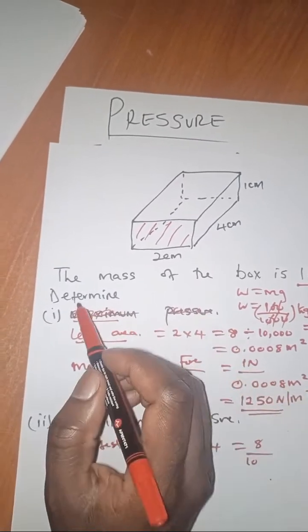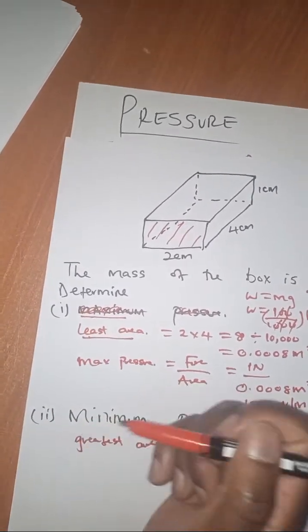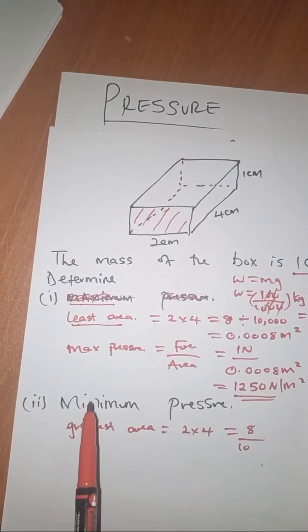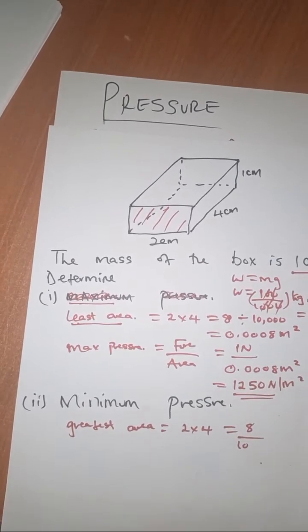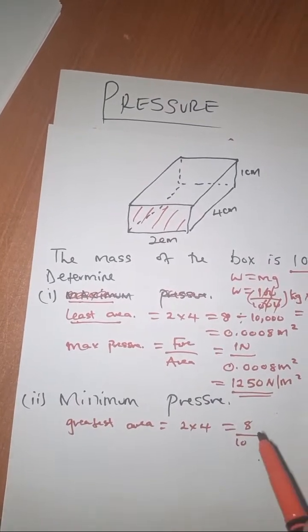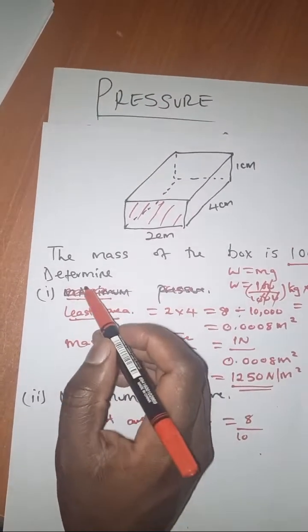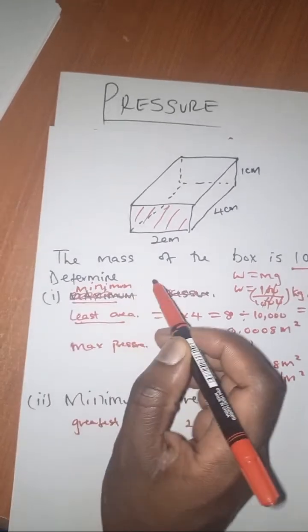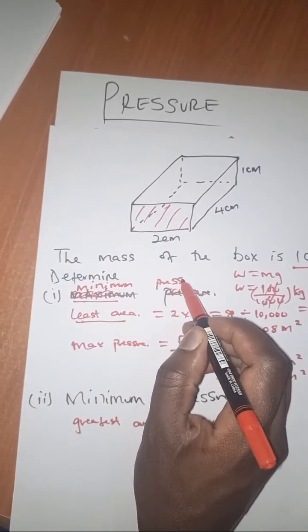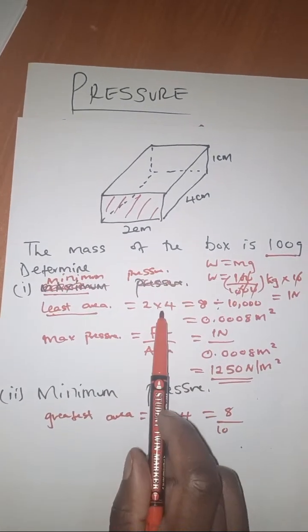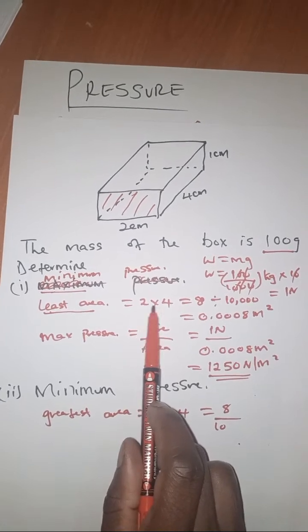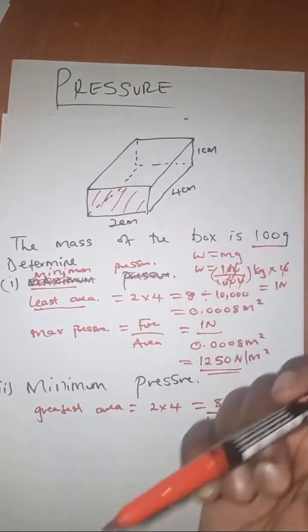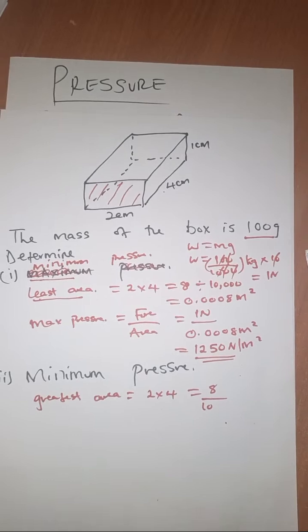This is the minimum area or minimum pressure, where we use the greater area. Sorry for the confusion, because we used the greatest area, 2 by 4, the base, but we were actually supposed to use